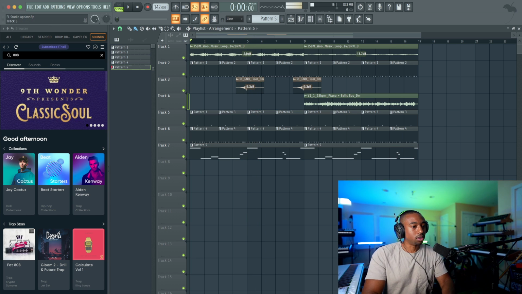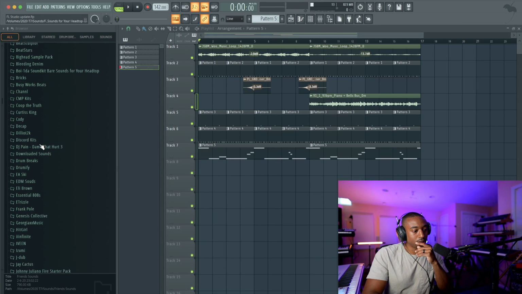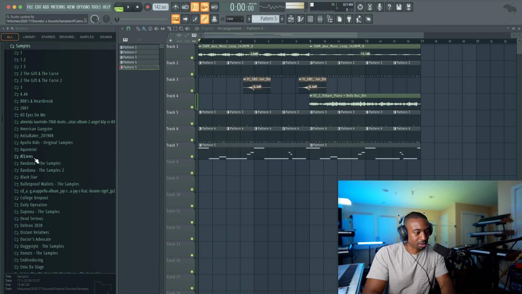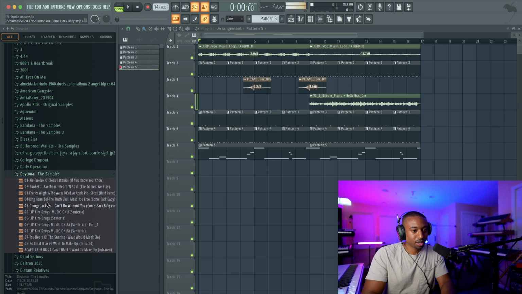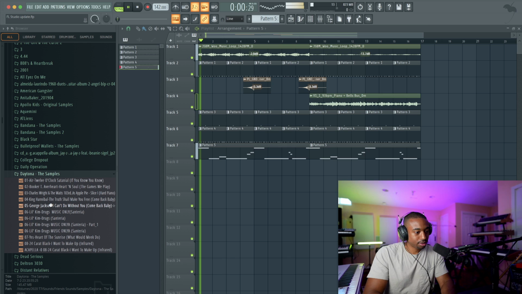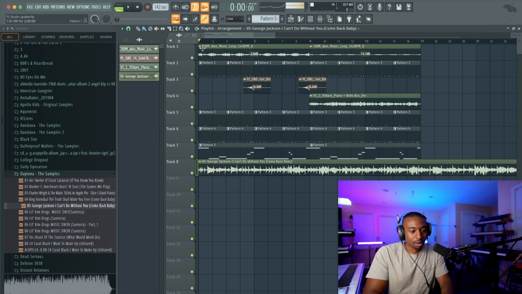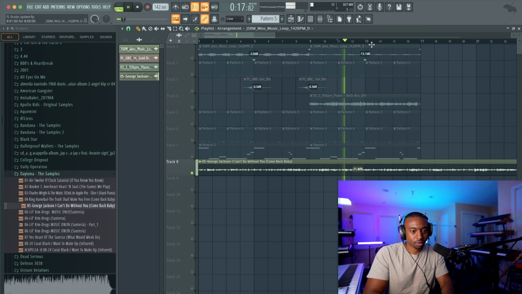Also in FL, the new update allows you to separate stems. So I'm going to pull up a sample. Let me see where I could even find one. Let's pull up our sample library. I'm just going to pull up a random sample and see if we can find vocals that we could add in here. Okay, so I'm just going to grab this record. Doesn't even matter what key. I'm just going to chop out a part where I hear a vocal that would match this vibe that we have going on.